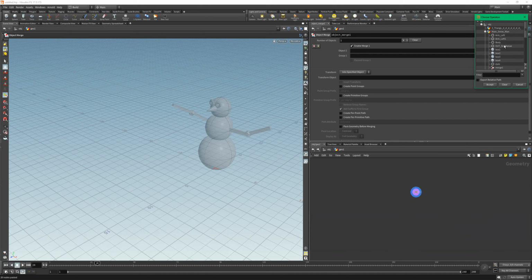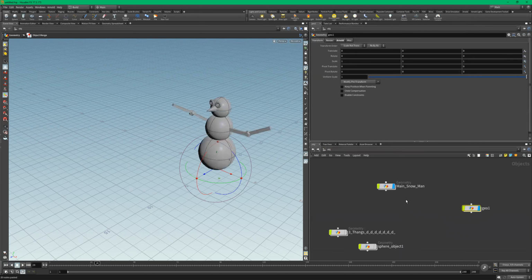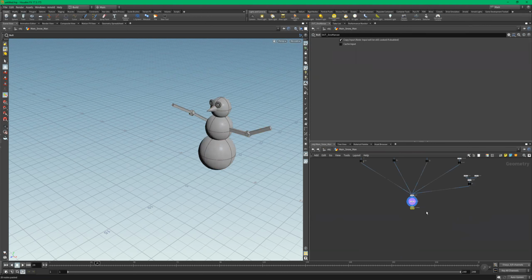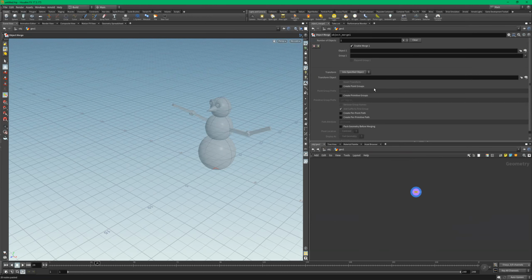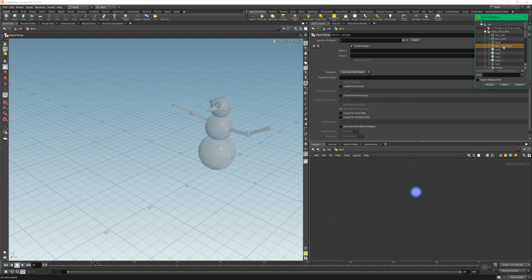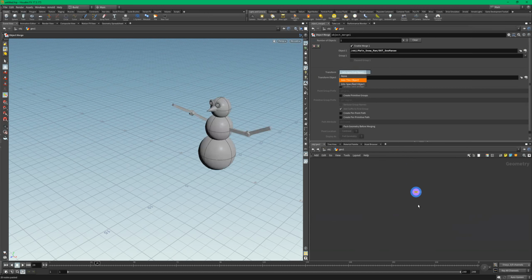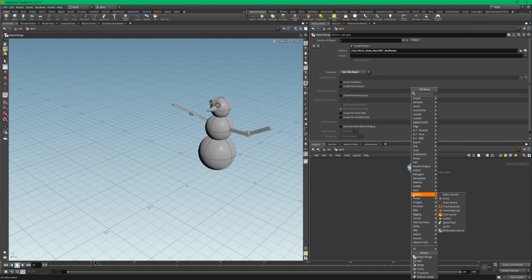Well, I spelled it all weird. This is the last null, right? So let me just show you what I meant. If I go here, this is the last one. So if I go here, I click on out snowman, whatever, into this object,